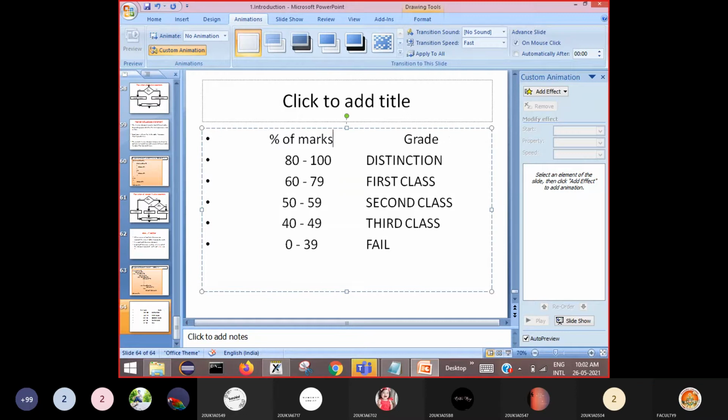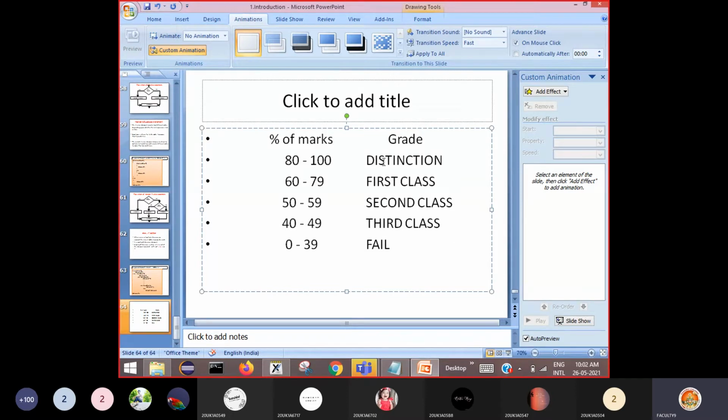Right now this is how the question looks in the real world. If you want to apply if else, this is the situation where we can apply the else if ladder.